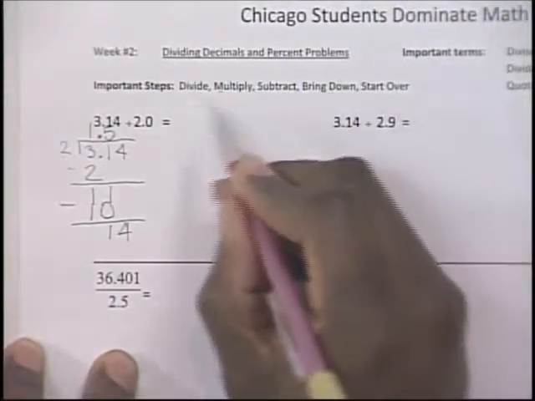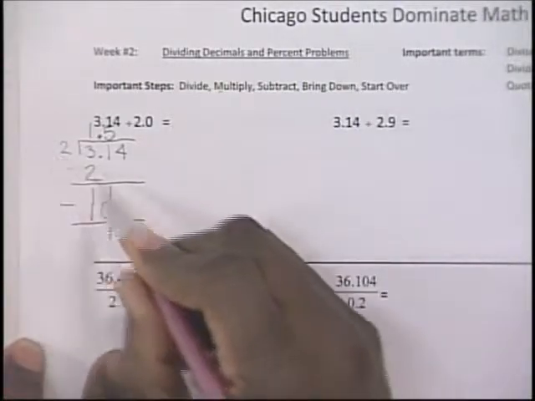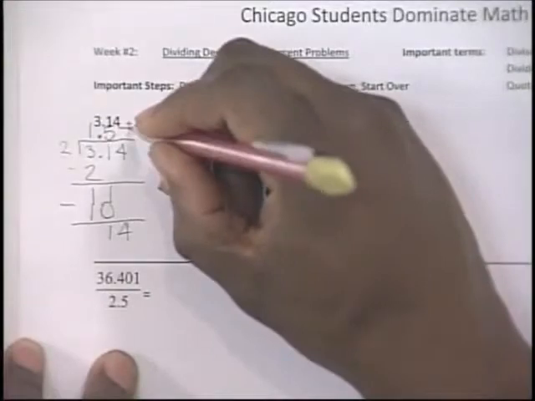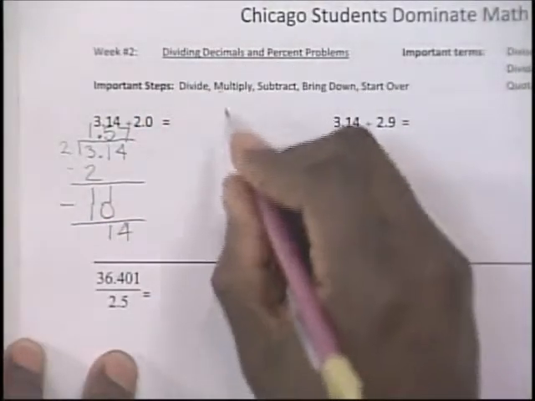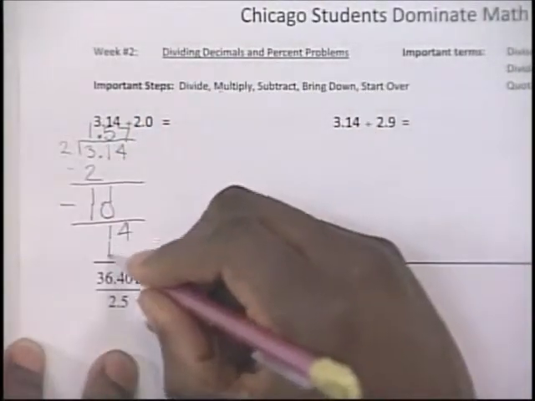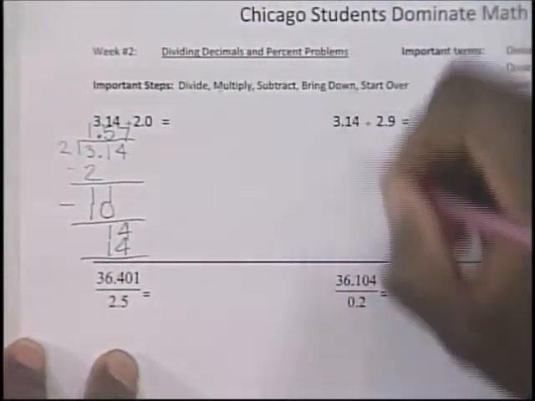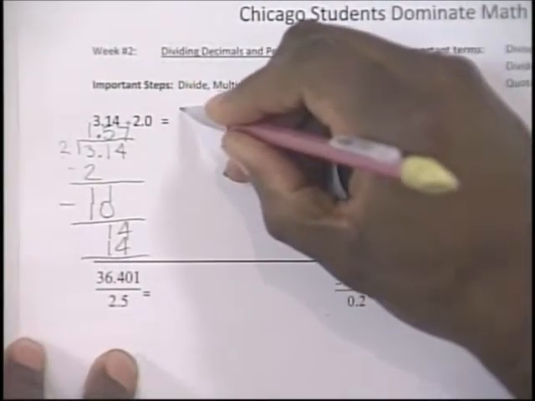And then we divide again. How many times does 2 go into 14? 7. And then we multiply. 7 times 2 is 14. Subtract, and you get 0. The final answer,